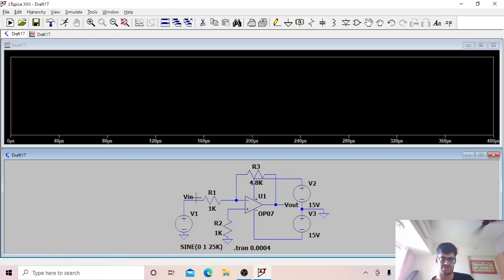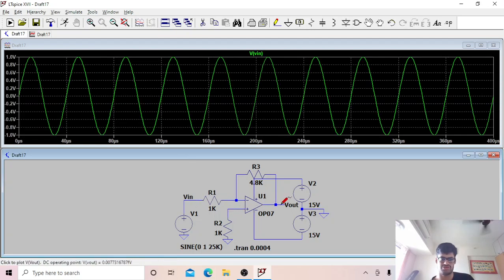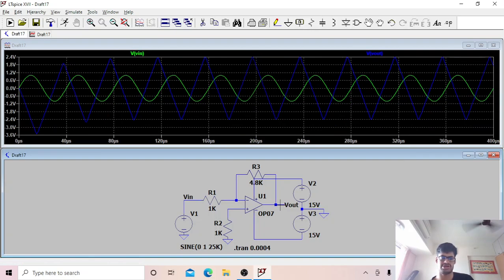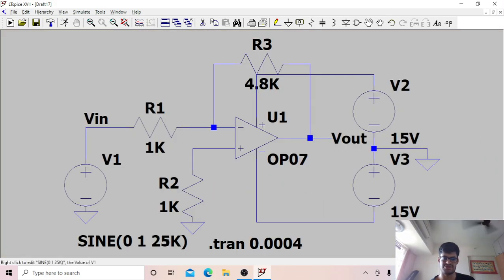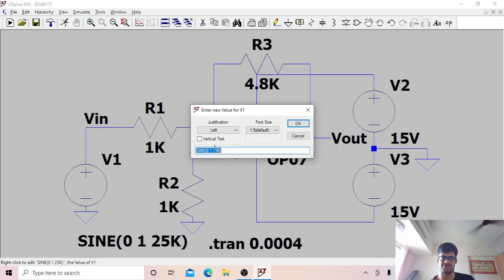We can simulate now. We can check V in, we can check V out, and we can clearly see a triangular wave, which means that the threshold frequency has been breached, which makes V out lose its sinusoidal shape and become a triangular wave. Now we have to find the frequency at which the sinusoidal wave starts turning into a triangular wave. I'm pretty sure that frequency was 8.25k.